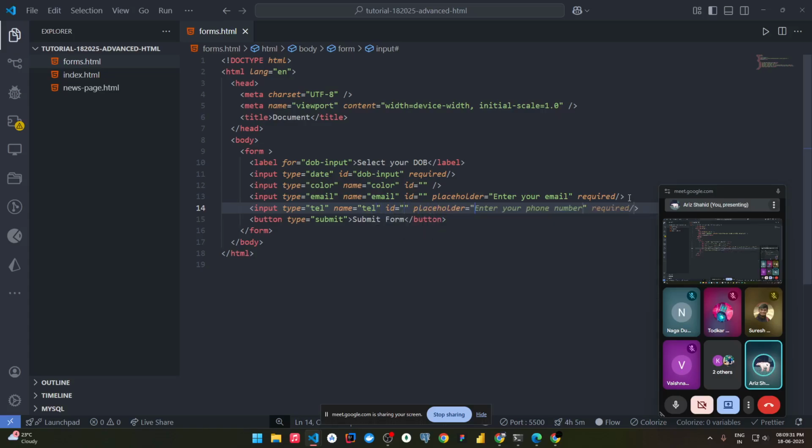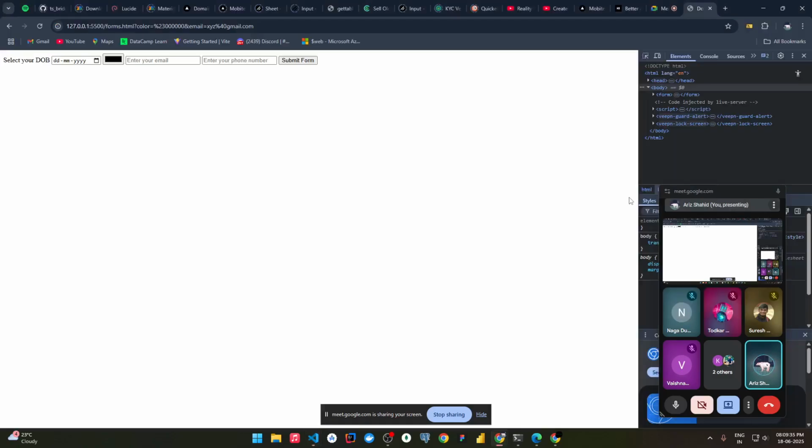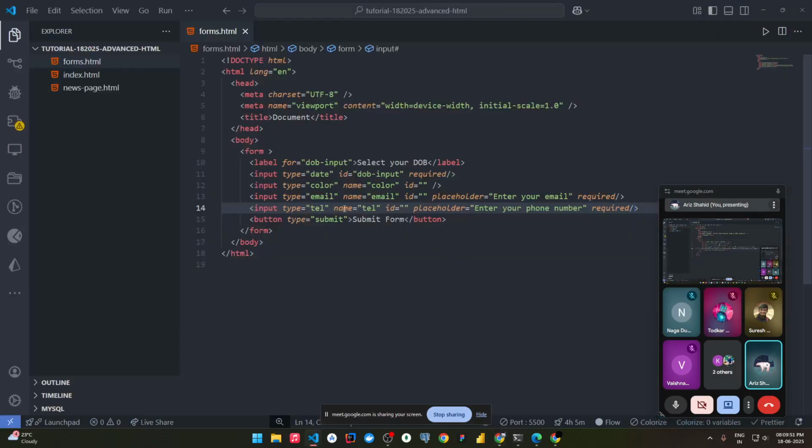Use the placeholder here, enter your phone number, and make it required. Now see, it will only ask me to input numbers. If I input something like this, currently it's not working,